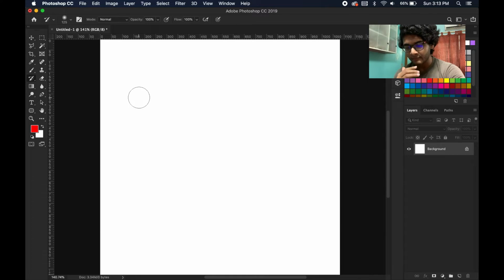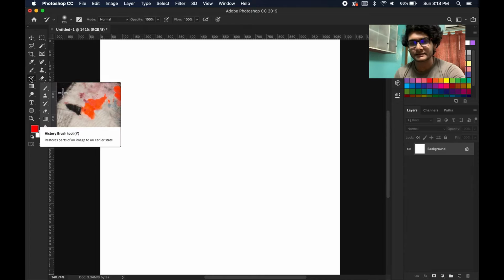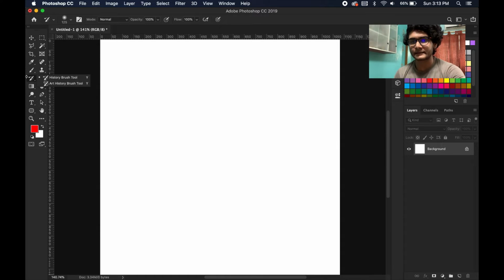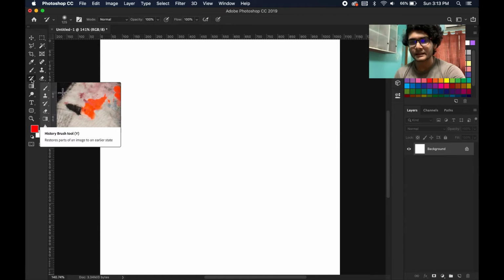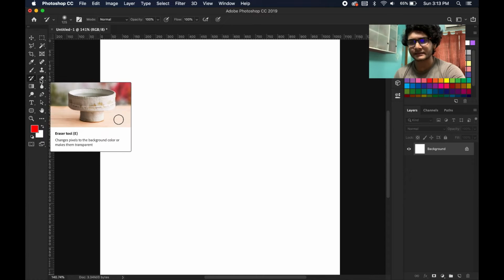So if you are into these brush tools, and you want to edit something, the history brush tool will remove all the attributes that you have changed there using the brush tool. So that's the only use of it. And here are also some other tools, like the art history brush tool. You will probably not need those in any kind of work, web designing, graphic designing, anything. I have never used them for so long.